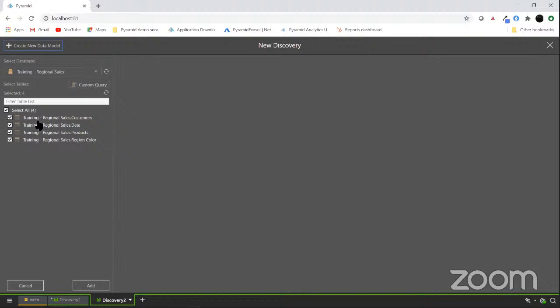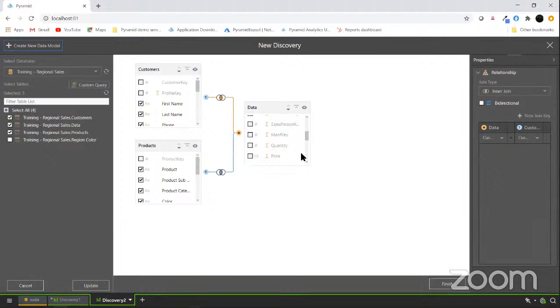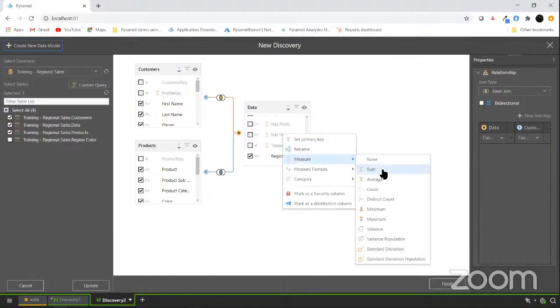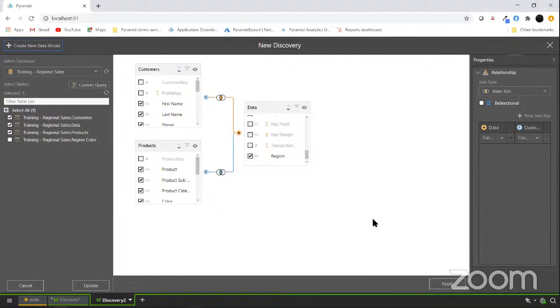You can see again, it will set up, I can choose the tables that I want to work with here. Let's just take those three, for example. I can also write custom queries if I wish. Again, add that model in. It will then heuristically determine the relationships, again, full join capability, multiple fields, etc. And again, working in this interface, I can choose, for example, here then my net margin. And again, I want to set that to be an averaging measure with a particular format of percentages.